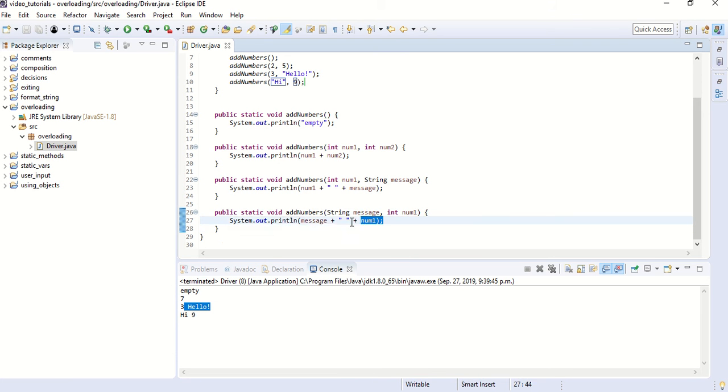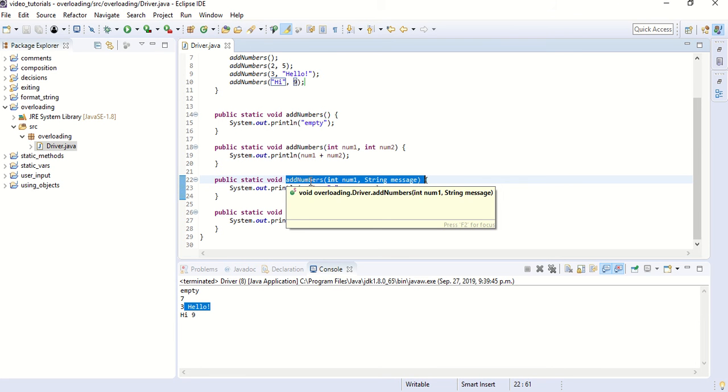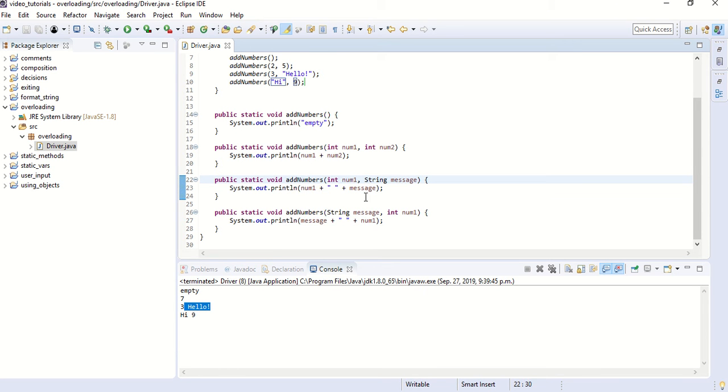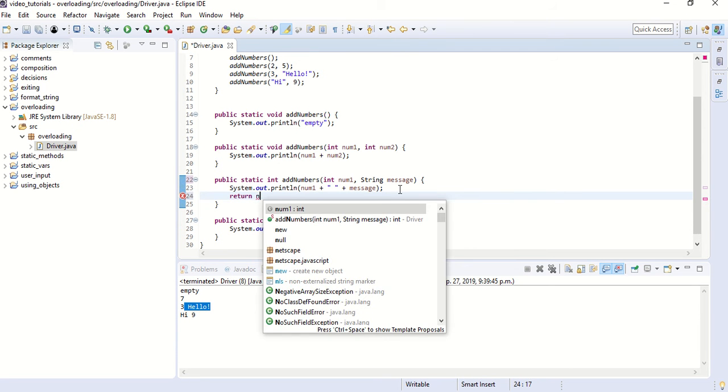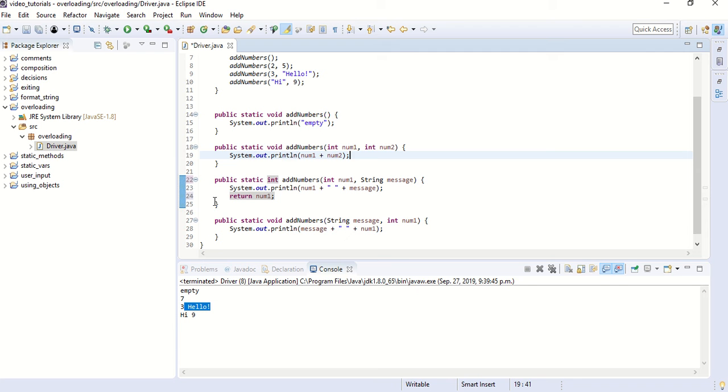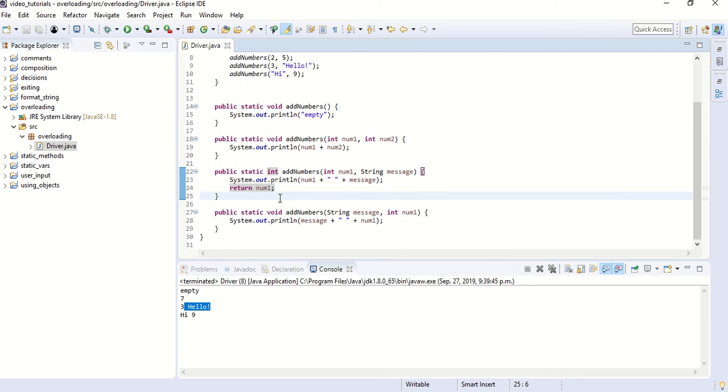Of course, I can change the logic inside, but the main point here is to know that the signature of the method is important. The order of the parameters, the name of the method, all of this plays a role in method overloading, but the return type is not playing any role. For example, I can say here return integer, and I will just return the number that I got without any extra logic. The point is to understand this return type is not going to affect